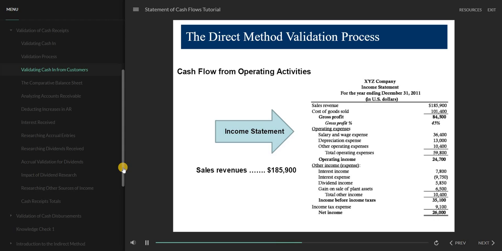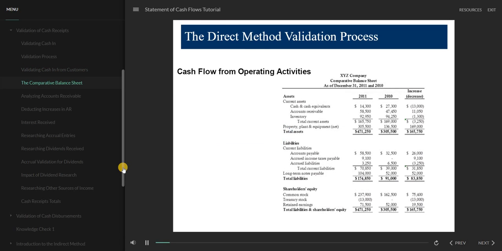Sometimes a company may make a sale by extending credit to the customer, allowing them a certain period of time before payment is actually due. In order to determine how much of the $185,900 in total sales reflects cash which has not yet been collected, we must look at the comparative balance sheet. The comparative balance sheet will show us the current period and the prior period for comparison purposes. In this example, we also show a column which clearly identifies the increases or decreases in account balances reflected on